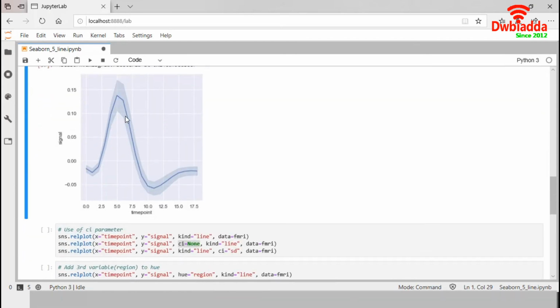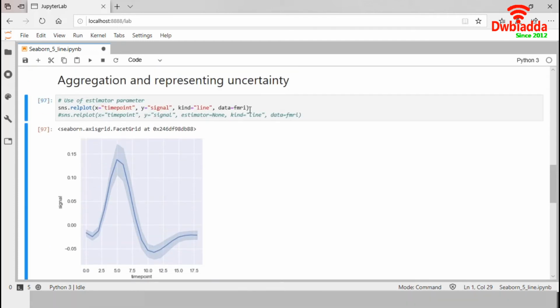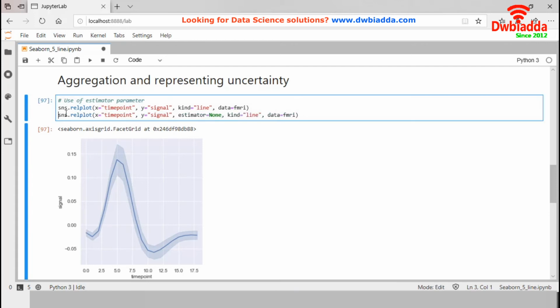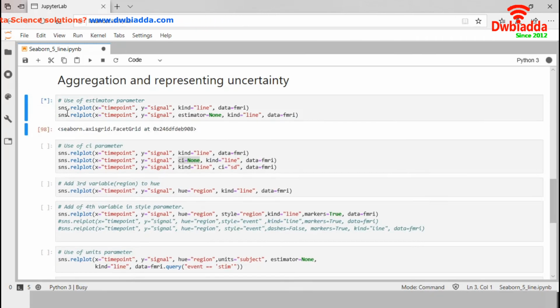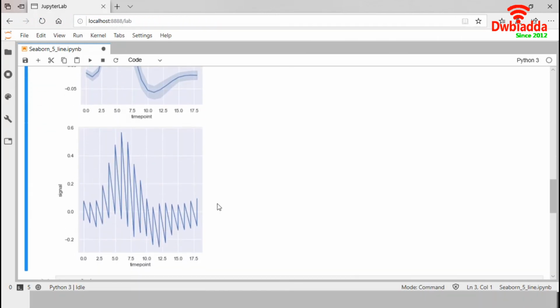This blue line is representing the mean of y values for x. The default value was set to mean in the estimator parameter. If we do not want any aggregate function, we can set None to this estimator parameter, and it will generate the plot with all the observations. So this is our plot with all the observations.